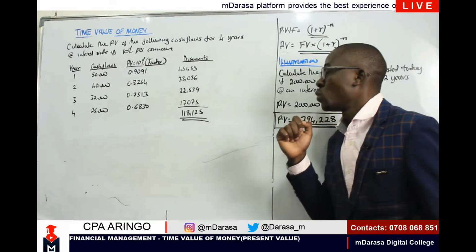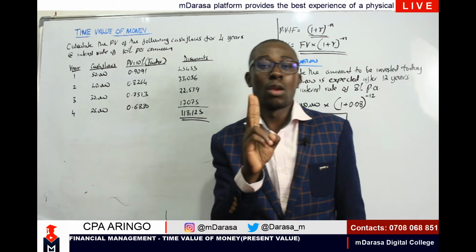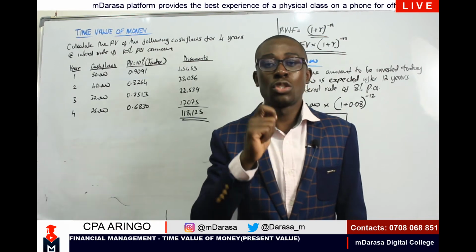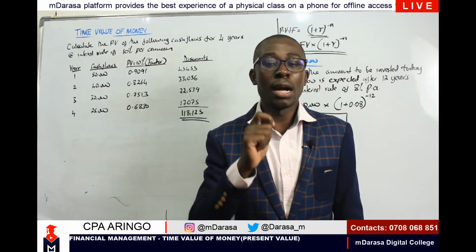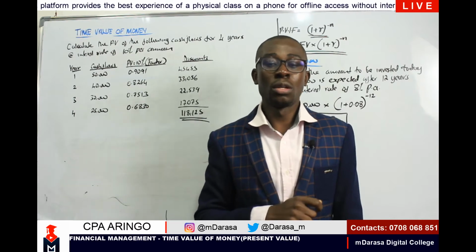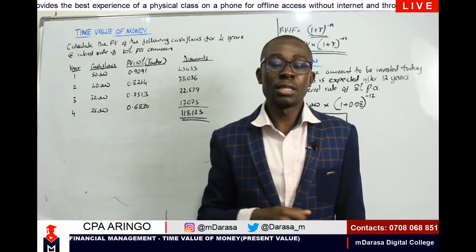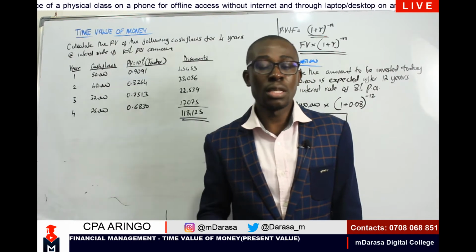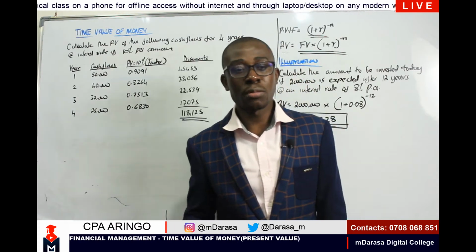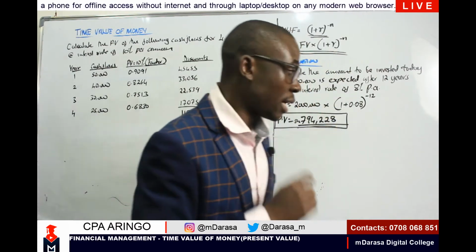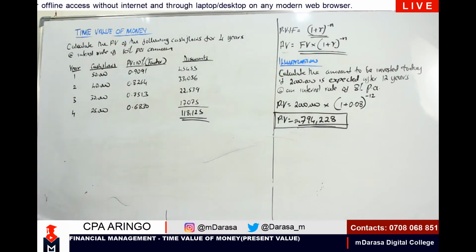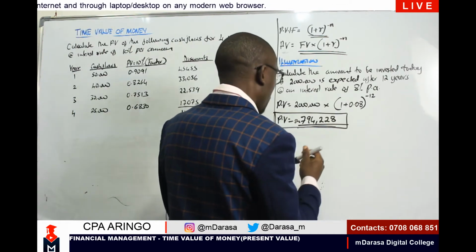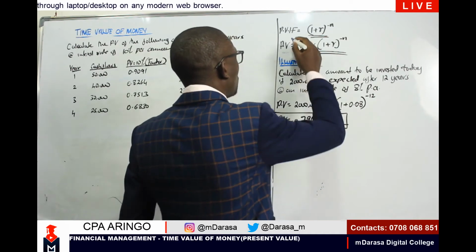In our class today, my good students, I want us to learn two concepts. The first concept is the aspect to do with using our present value table. And the second aspect is when I am given the interest on, say, a semi-annual basis or quarterly basis. These are the two concepts that I want us to learn today. We start by using our present value table, because recall our factor under present value, we'll be talking of this factor to determine the present value interest factor,